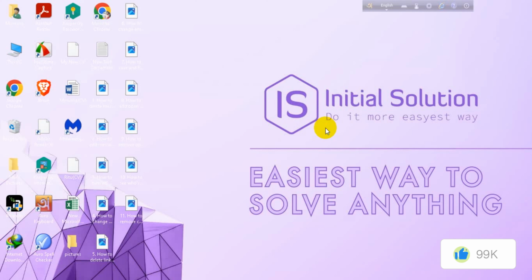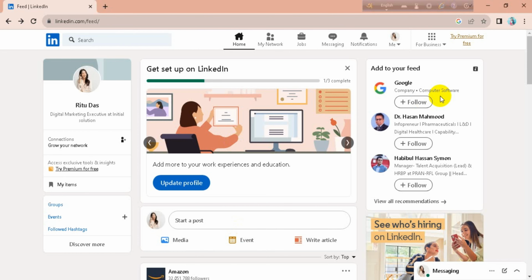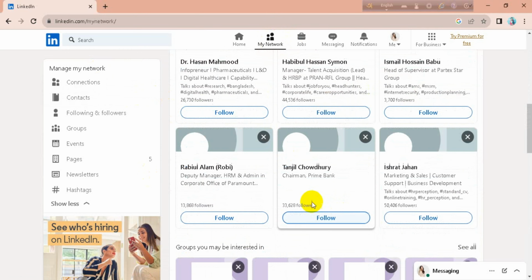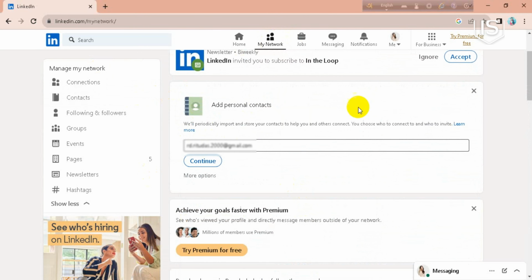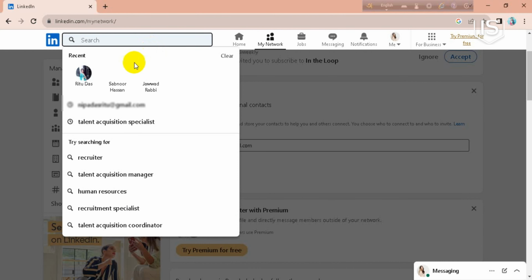Today in this tutorial I'm going to show you how to connect with someone on LinkedIn. So for this you have to go first on your LinkedIn account. After that you can search for that person from here, or otherwise you can search from here in this search bar. So I'll choose that person,